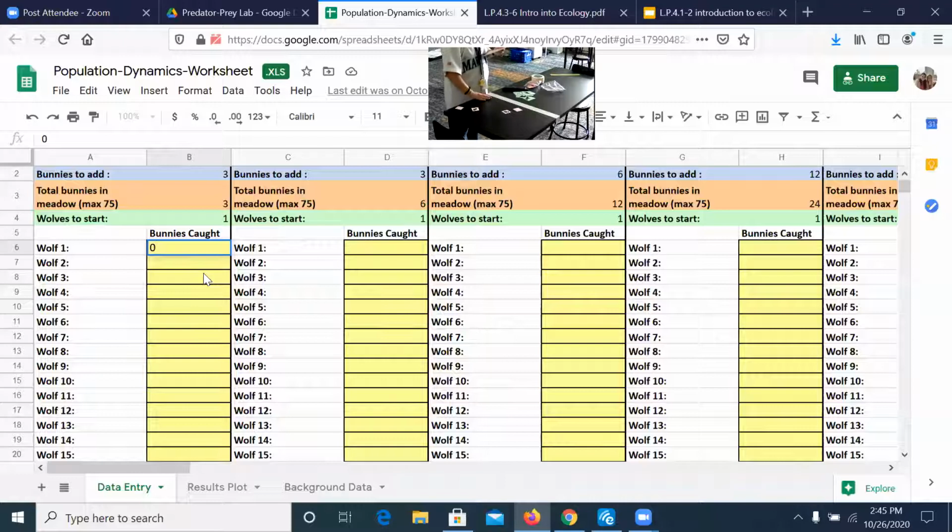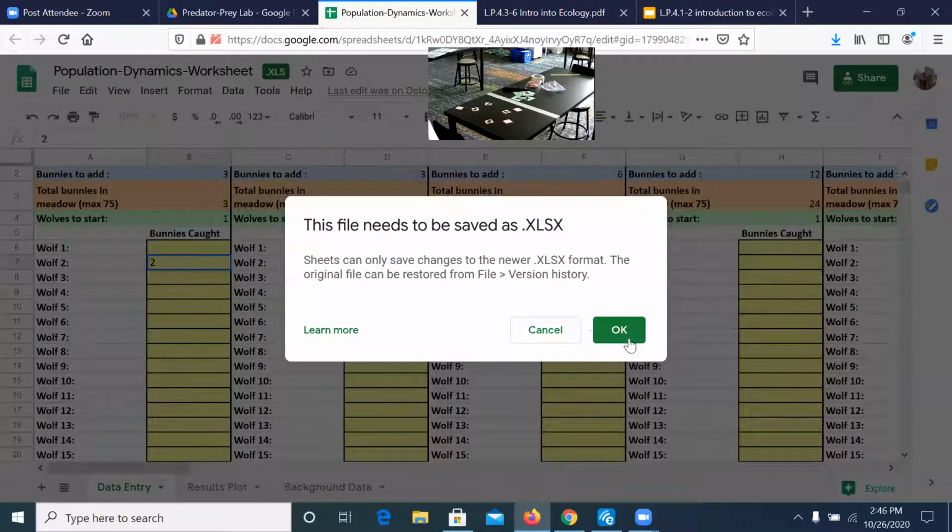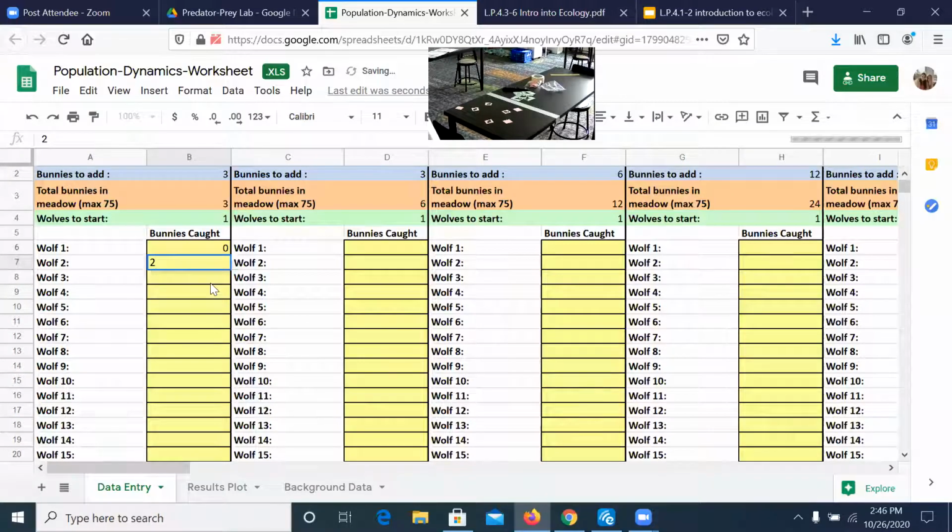Unfortunately, that was enough to survive, but not reproduce. Okay, let's check our rules again. Oh wait, sorry, that wolf doesn't live again because it only killed 2 bunnies. Now we randomly scatter 3 additional bunnies into this round. Okay. 2 bunnies were caught. Good. And then you keep going